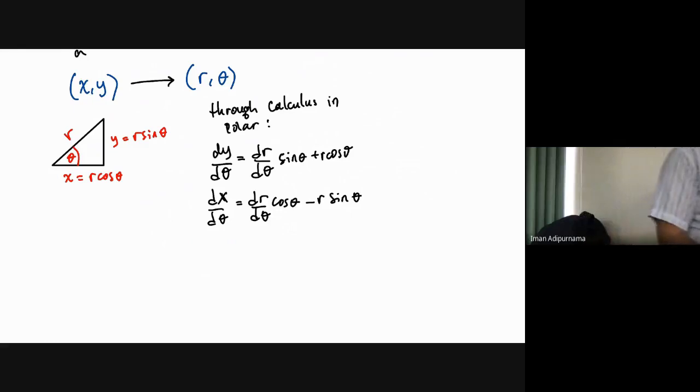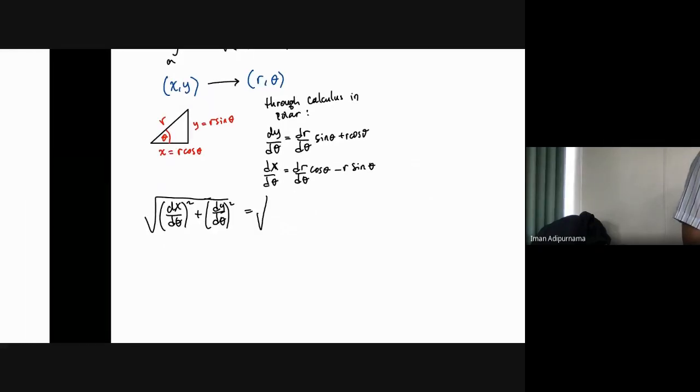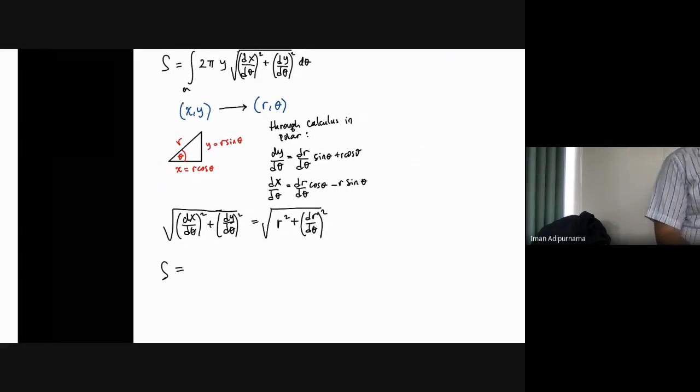And we already did the calculation, so I will just write the important point. So we can write S is 2 pi, y is r sine theta, square root of r squared plus